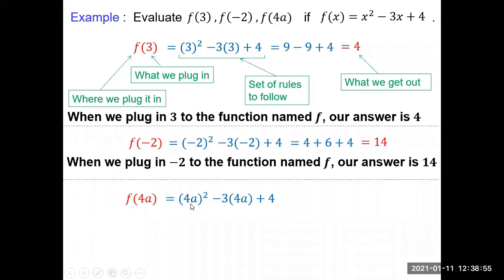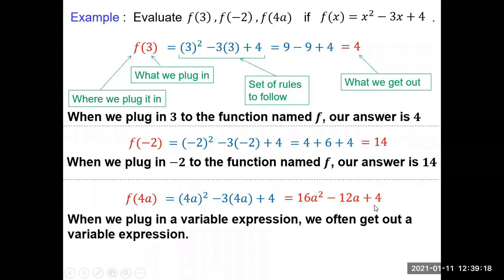So 4a times itself gives me 16a squared. Negative 3 times 4a gives me negative 12a. And finally, when I add 4, I know I'm done because none of these are like terms. I can't combine them because this has an a squared type of term. Here we have an a type of term. And finally, we have a constant. So what you should recognize is when we plug in a variable expression, we're often going to get out a